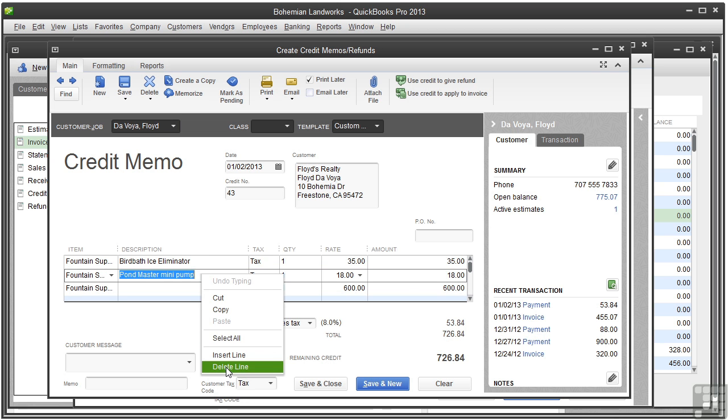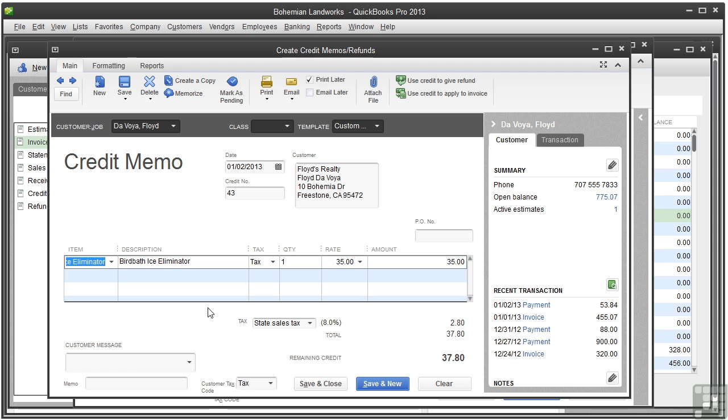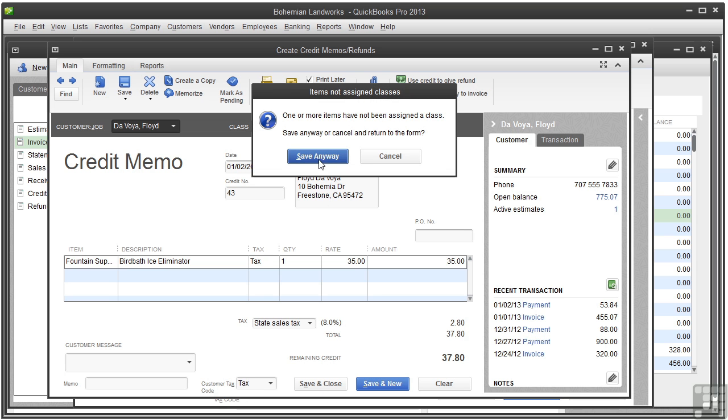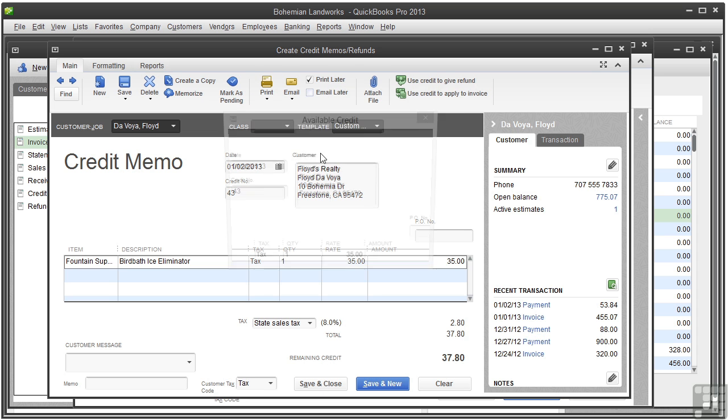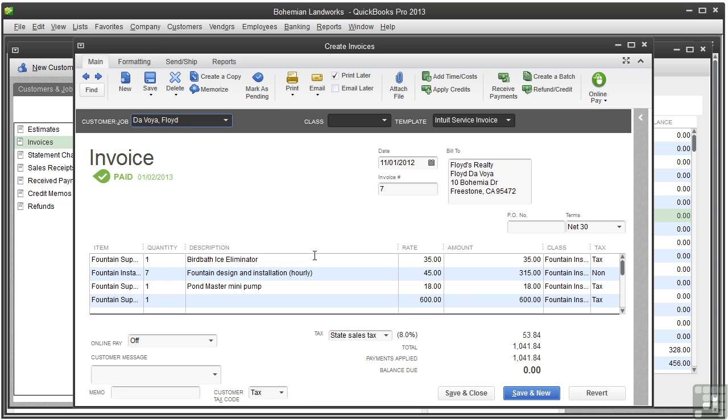So right-click, Delete Line, Delete Line, Delete Line. Okay, everything looks good. I'll click Save and Close. And save anyway. So since he wants to use it on a future invoice, click Retain as an Available Credit and click OK. So the next time you would create an invoice for this customer and save it, QuickBooks will